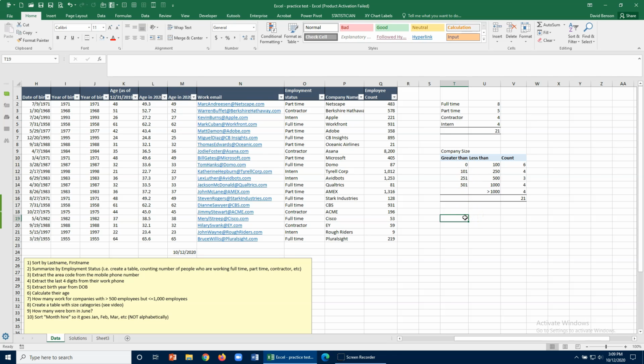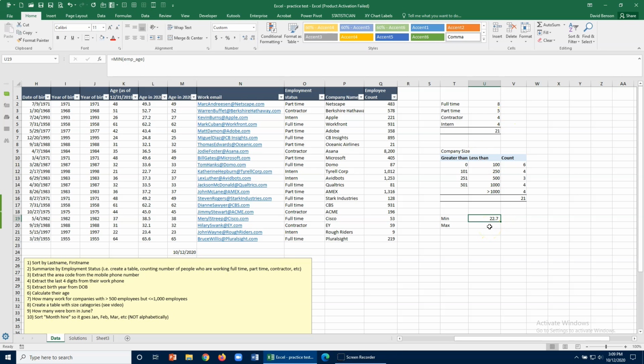So if I were putting in the age, I think the youngest age here is, we can go ahead and use min and max. If I call this emp age and say equals min of emp age, so that is